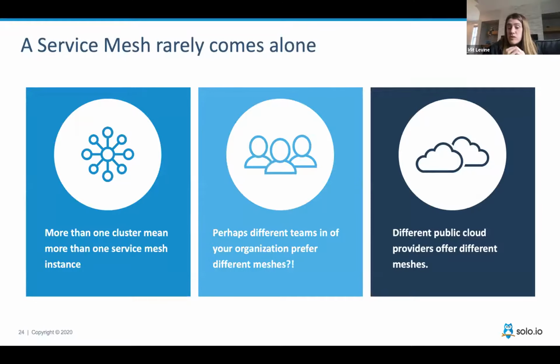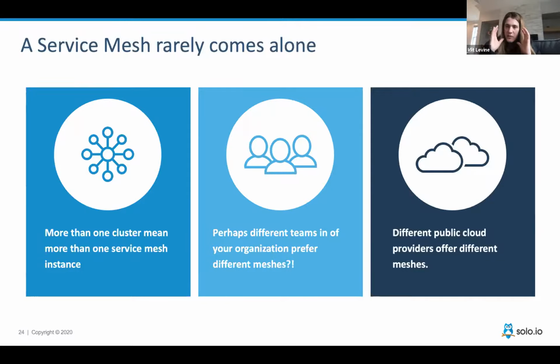The problem is more complex, because in a nutshell, you usually have more than one service mesh instance. And the reason is that you will have more than one cluster, right? Just as an example, some of our customers run everything from 50 clusters to 100 clusters. And now we have a new customer running 1,000 clusters in production, all of them running an instance of Istio, right? So now the question I have for you: how do you manage something like that? How do you orchestrate it, right?